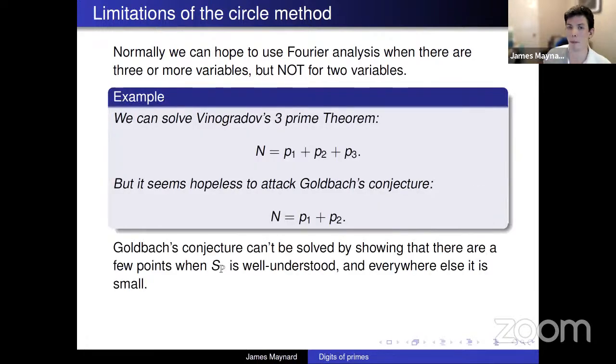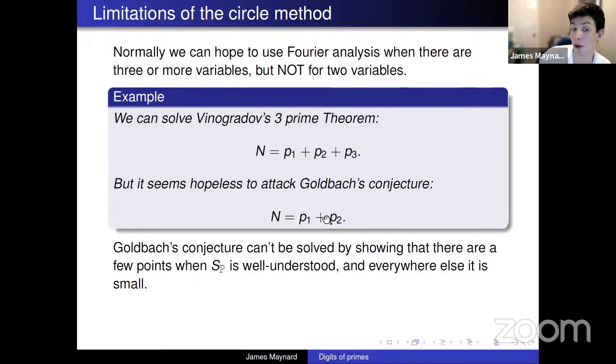So for example, I mentioned before that we can solve Vinogradov's 3 primes theorem. If n is a large odd number, then this Hardy-Littlewood circle method works very well for showing that you can count the number of representations of n as the sum of 3 primes, and in particular show that there is a representation of n as the sum of 3 primes. But if you try and do exactly the same argument to attack Goldbach's conjecture and try and write an even number n as the sum of 2 primes,